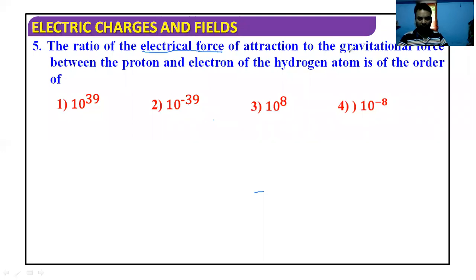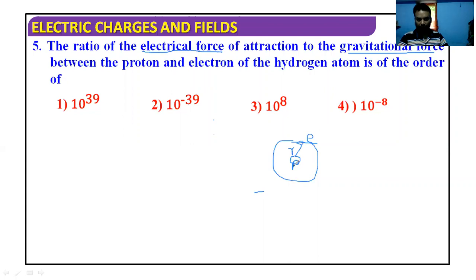And we are also familiar with the gravitational force. So what is the situation? We have a hydrogen atom. Let me take, this is the hydrogen atom. It is a proton-electron system. There is no neutron. So this is the nucleus, and only one proton is there in the nucleus. And this is the revolving electron, and suppose the distance is R.